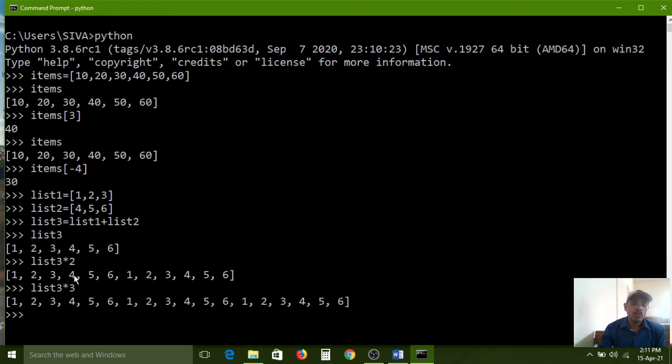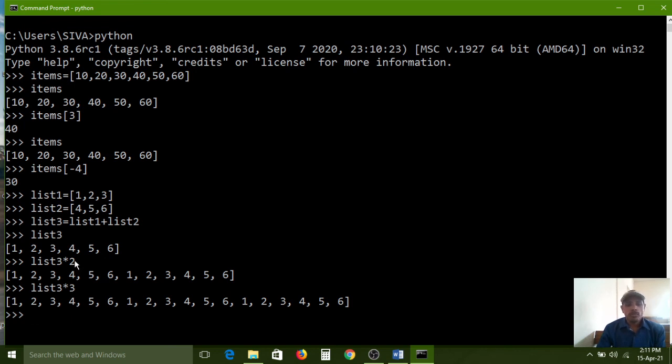Here the multiplication operator works like repetition, a number of times. The list contains 6 elements. Actually 1, 2, 3, 4, 5, 6. Sorry, we have 6 elements. So these 6 elements I want to print 2 times. For that I have to use the multiplication operator, and I have given the number 2 here.